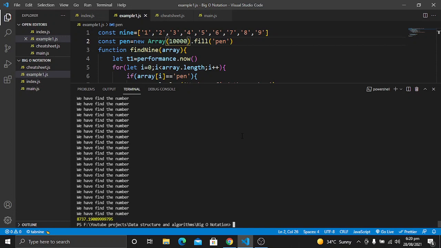So big O notation is all about calculating the operations, not about calculating the time, because the time will vary from one machine to another. For example, the servers on which our application runs will be good servers. If you have good servers it will take less time, and if I run it on a normal laptop, it will take much longer. So the time varies from machine to machine, but the operations will remain the same. So we have to calculate the big O notation on the basis of the operations performed by the machine.